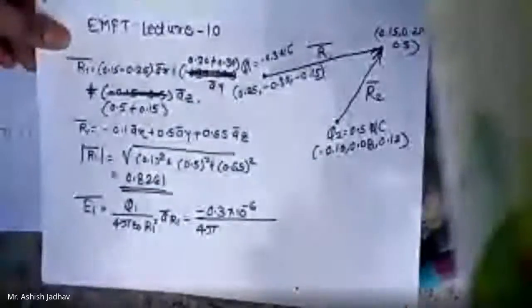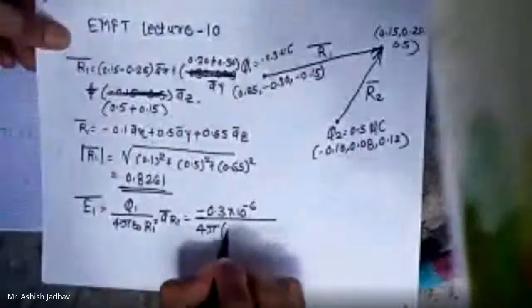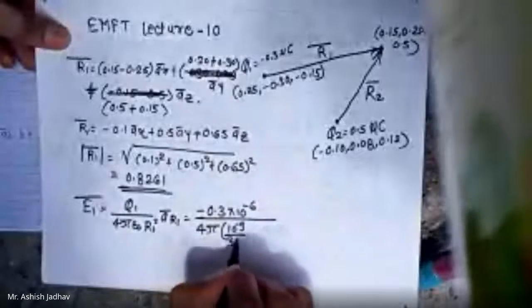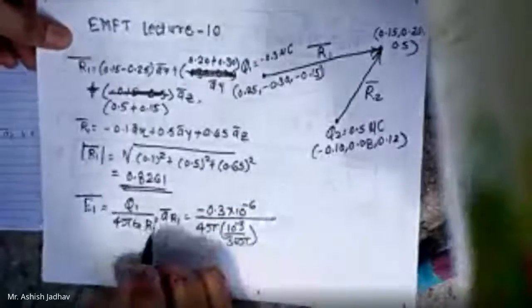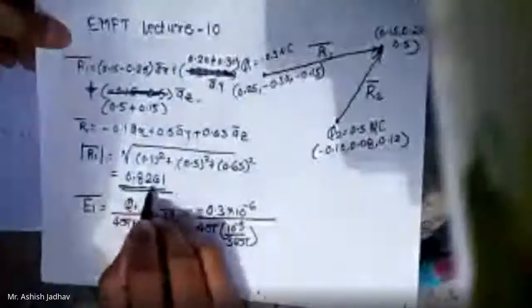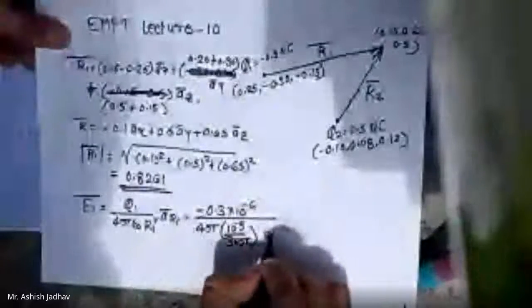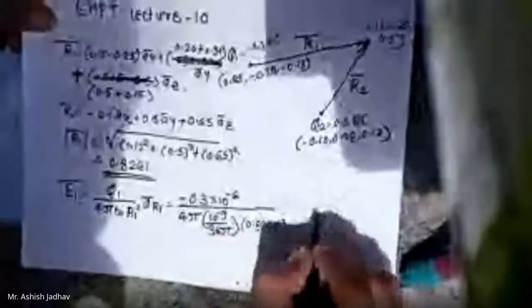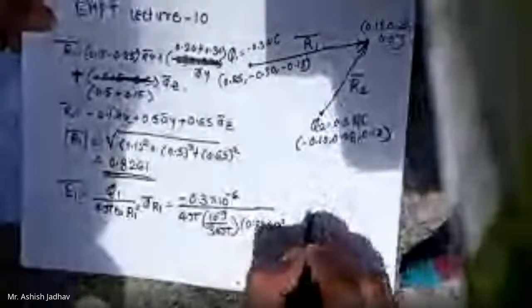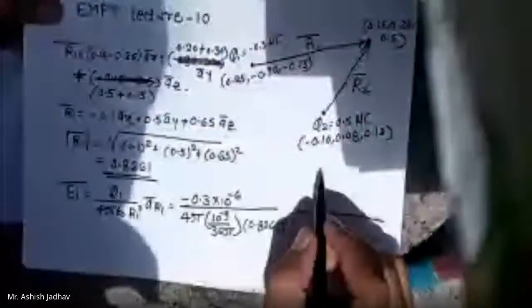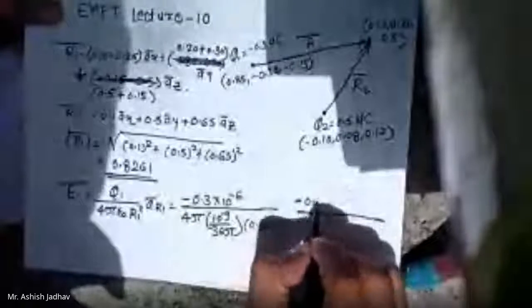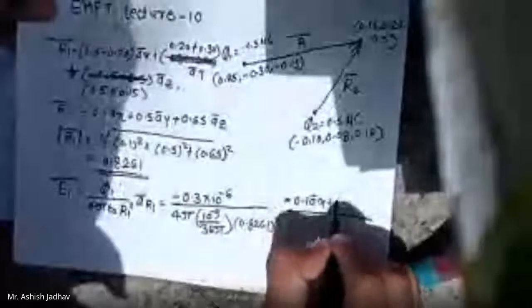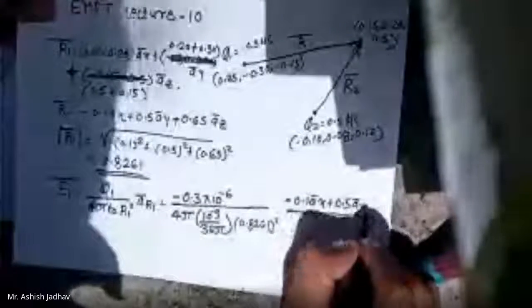Epsilon naught is 10 raised to minus 9 upon 36 pi, into R1 square, which is 0.8261 square, multiplied by the unit vector. The unit vector is minus 0.1 a bar x plus 0.5 a bar y plus 0.65